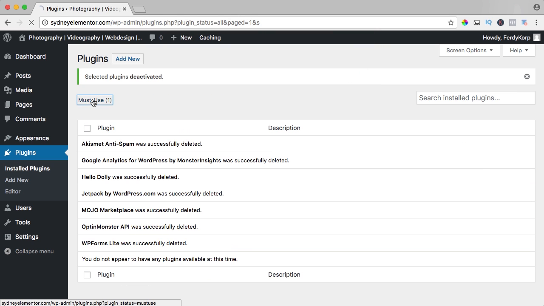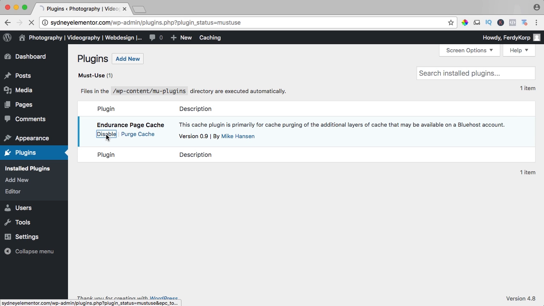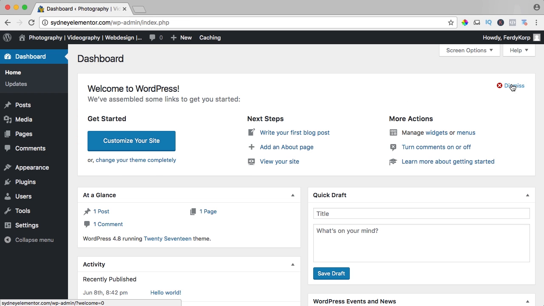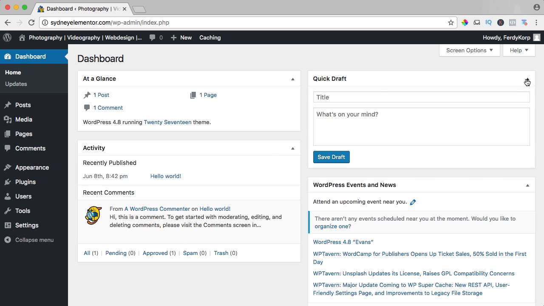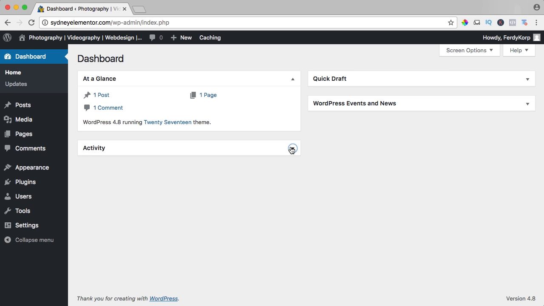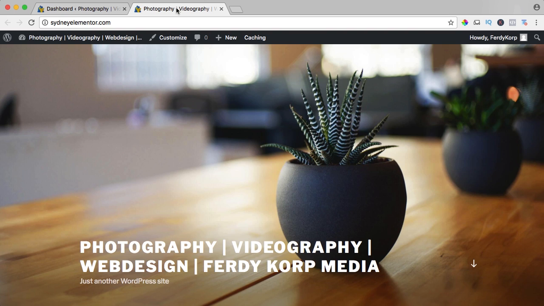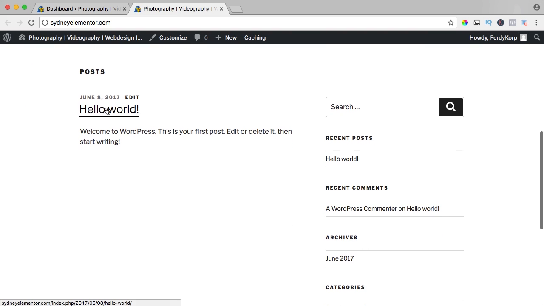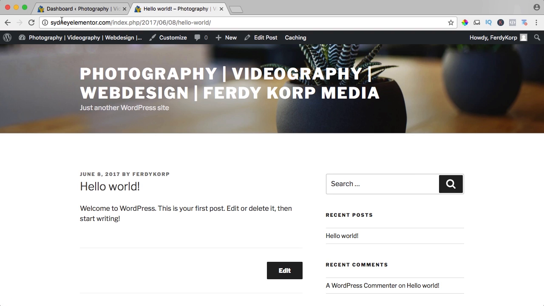I go to must use and I say disable. I go to the dashboard and I dismiss this. I close this quick draft. I close this and this one. If I go to my website, I can hold Command and I open it in a new tab when I click. And right now we have one blog post, and if I click on that blog post, you see